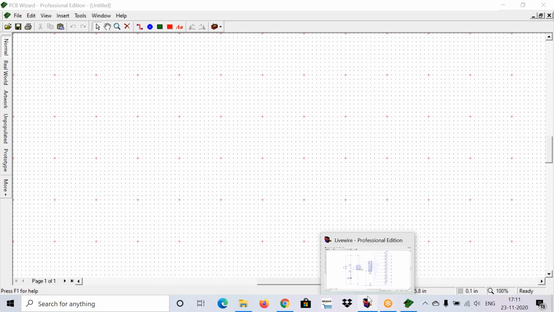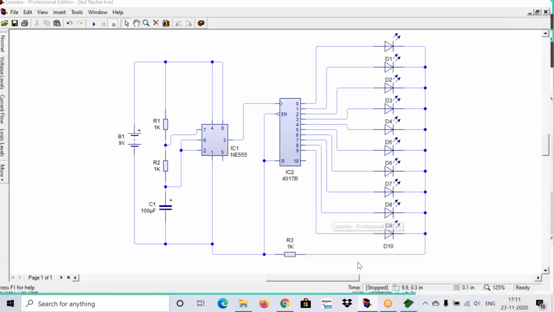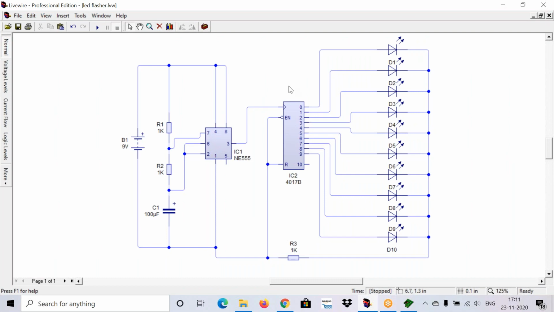Because for the auto routing concept, you need to open both the softwares and simulate the circuit in Livewire, and we need to convert it from the Livewire software. It will directly open the PCB layout file in the PCB Wizard.